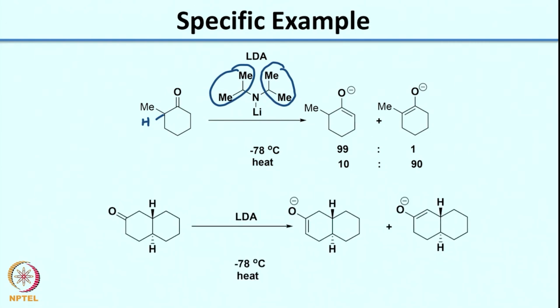So, before we stop this lecture, I would like you to think about this problem. In this case, I am looking at a ketone. There are two positions from which you can remove the protons. None of them have a methyl, but what I want you to think about is, there are two different enolates that are possible. Which of these would be kinetically favored? To understand this, I suggest that you try to draw the most stable conformation for this molecule. You can look up the stable conformation